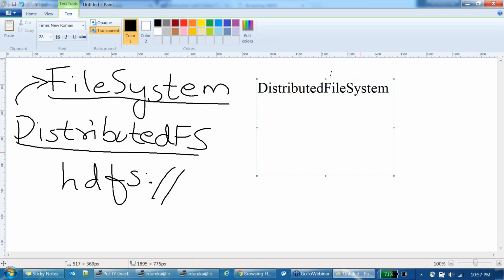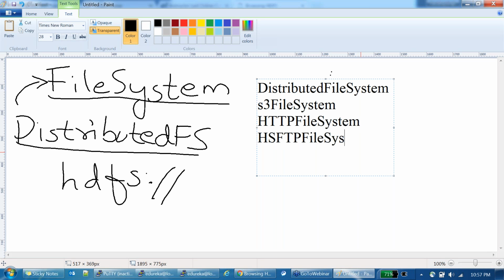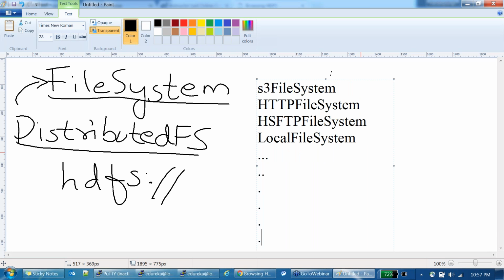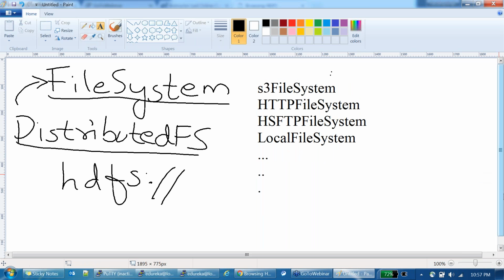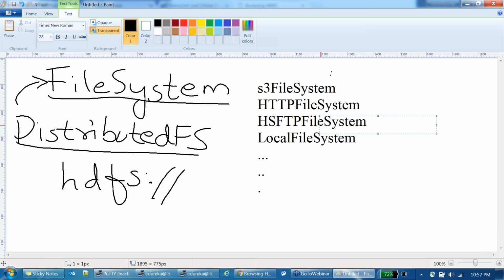This is the class, right? It created one more class, S3 file system. It created one more class, HTTP file system, right? HSFTP file system. Then your local file system, right? And there are many file systems. Okay, there are lots of them. What Hadoop did is all these file systems